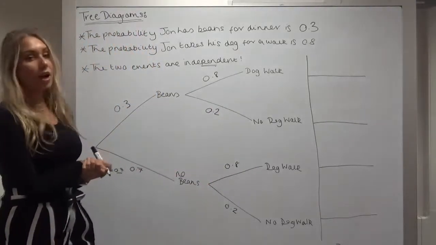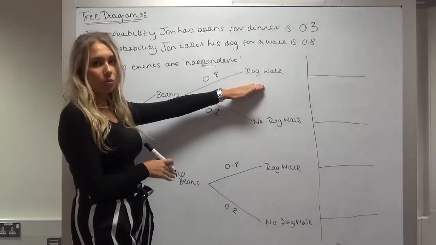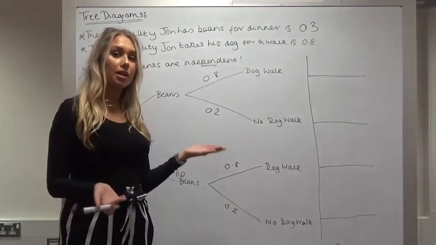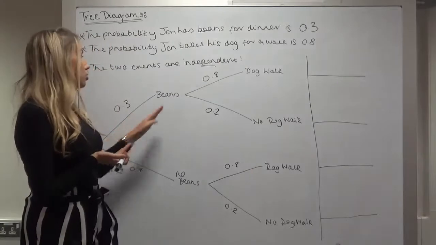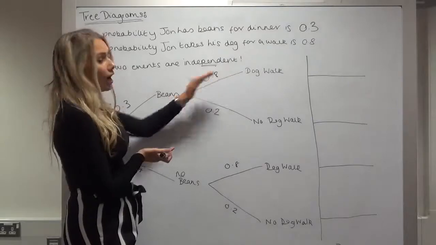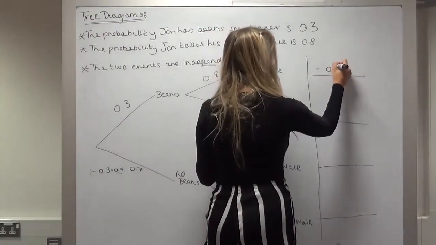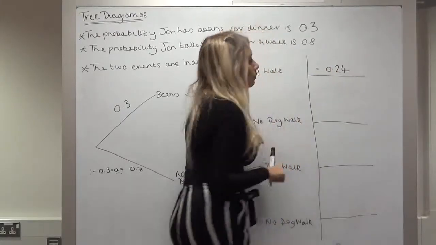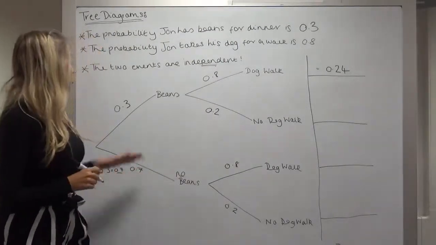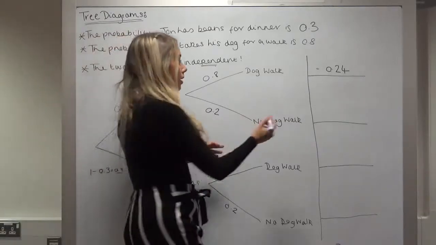Okay, so to work out the probability of John having beans for dinner and taking his dog for a walk, because the two events are independent, we can use the multiplication rule, which essentially means we can multiply these two values together. So when we multiply together 0.3 and 0.8, we know that the answer is 0.24. Okay? We can apply the same thing to beans and no dog walk. We do 0.3 times 0.2. When we multiply these together, we get